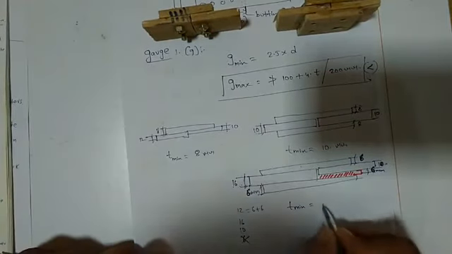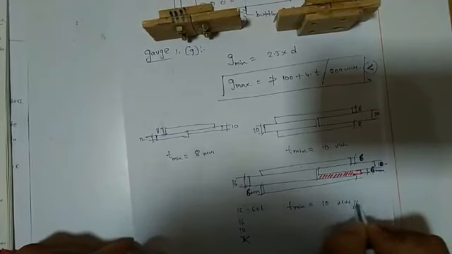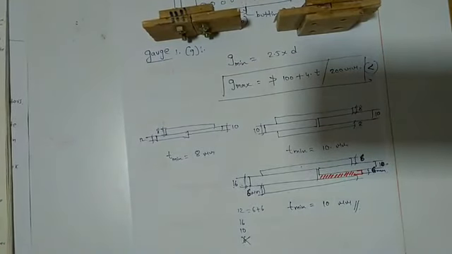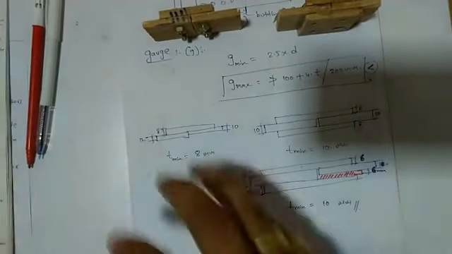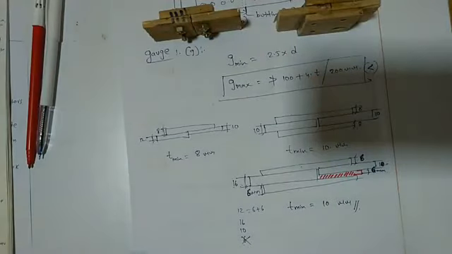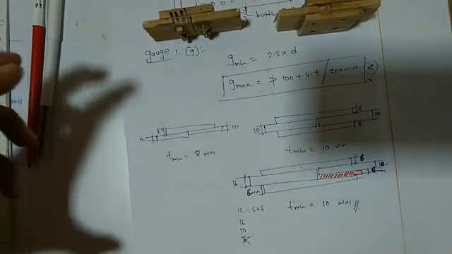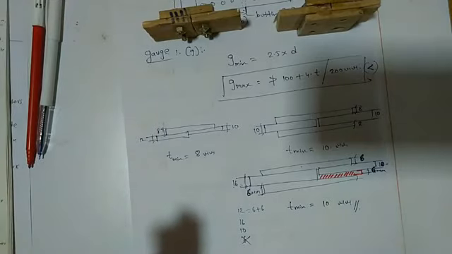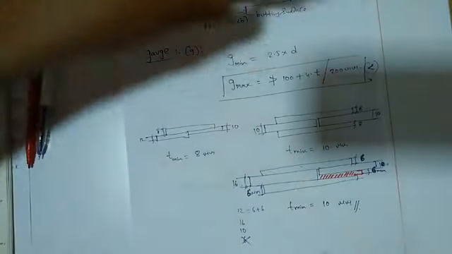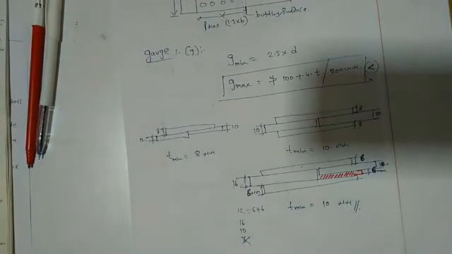12, 16, 10. 10. So 10 is the minimum value, where you have to take the 10 as the minimum thickness of the plate. Understood? So these are all very, very important. When you are solving problems, you may not come across these many hurdles in solving the problem, but from a competitive point of view, for your IAS exams, for your GATE exams, this kind of information is very, very important. Got it? So that is how you have to consider the T value. T, which is nothing but thickness of the thinner part, not the thicker part.